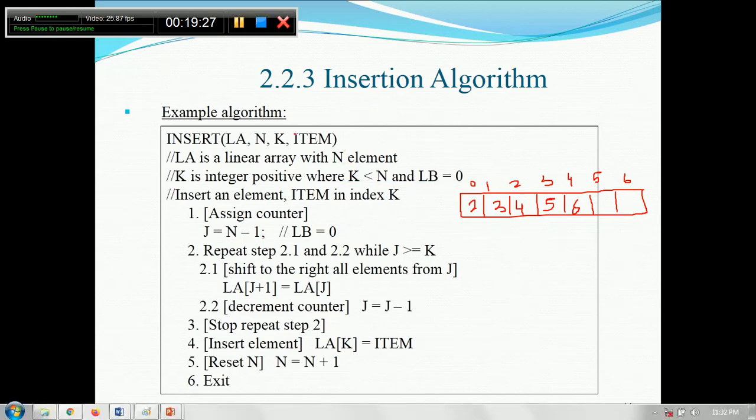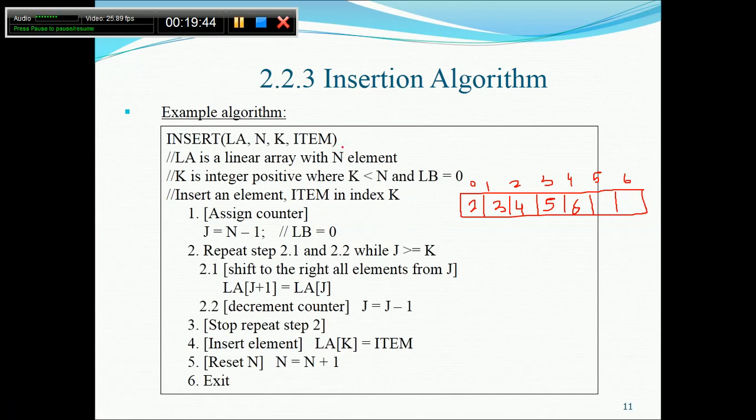Let's start again, there was some interruption. I have a linear array LA with n elements. N means the number of elements present inside the array. How many elements are present inside the array? That is 5.